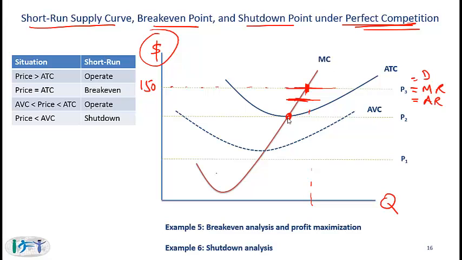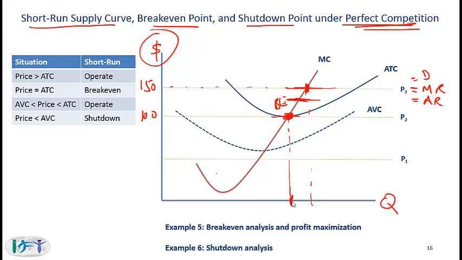Because here at a price of P2, let's say this is 100, the average total cost of 100 is equal to the average revenue, also 100, and therefore the profit is 0. This point then is called the break-even point, and the break-even quantity can be read off the quantity axis or